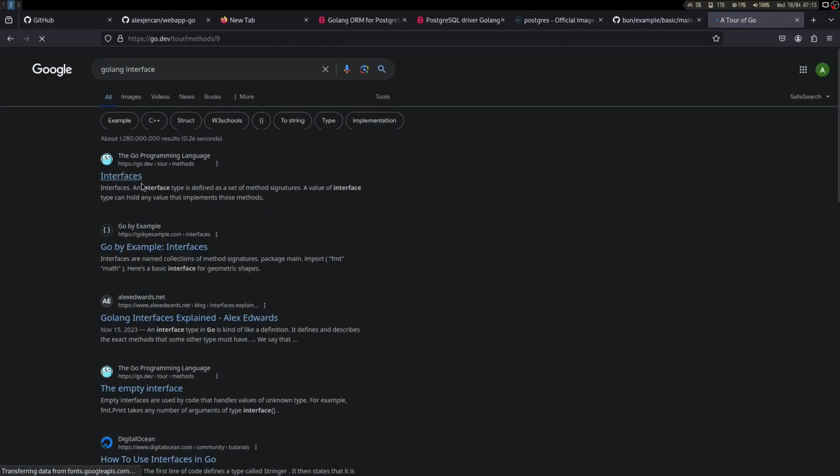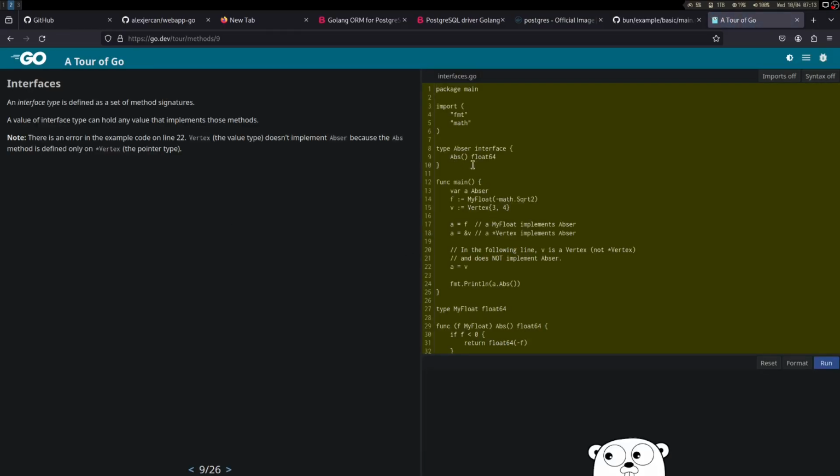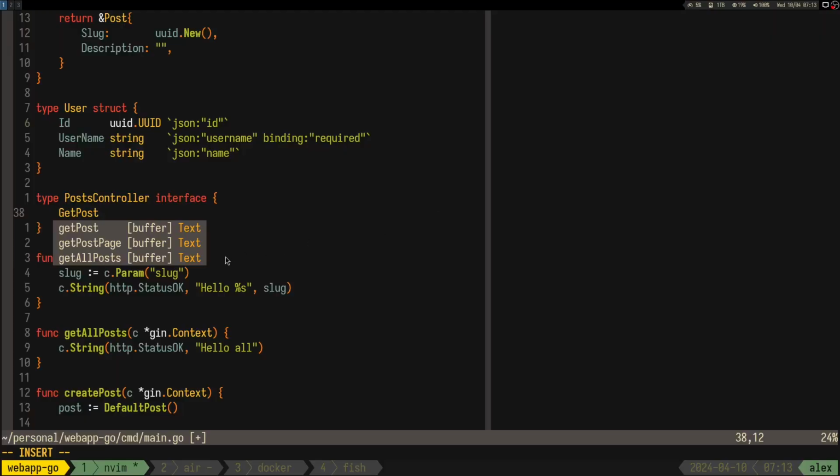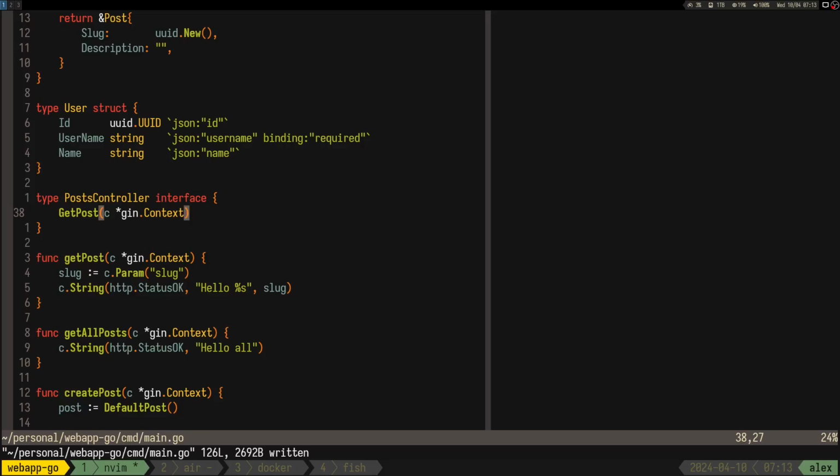Golang interface. Okay, so it's just like that. Perfect. So GetPost needs the context, right? But it would be nice if it actually returns. But then, okay, so how can you say that it's returning